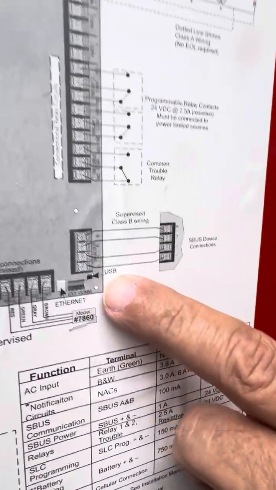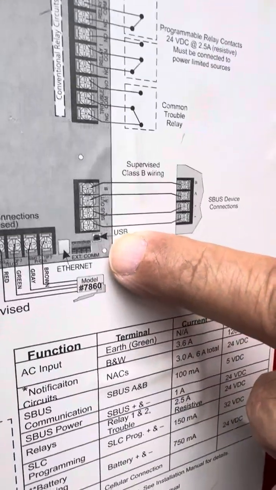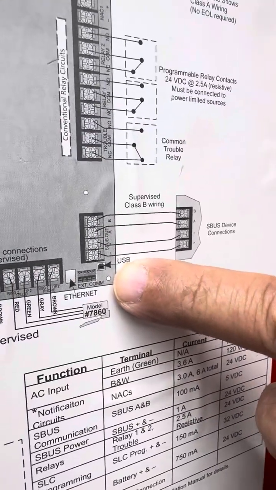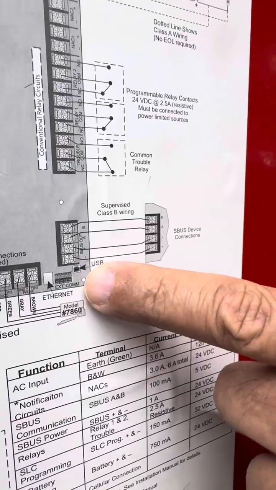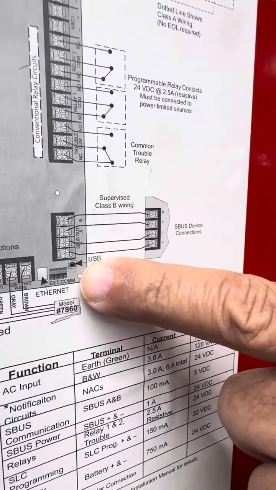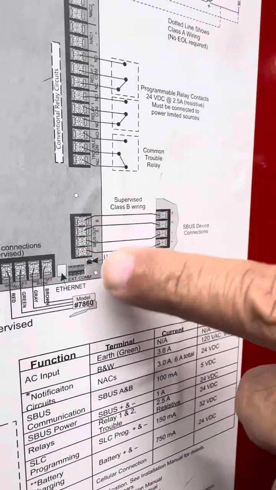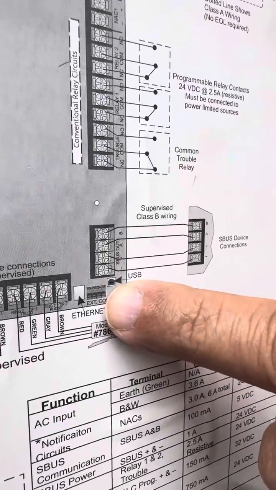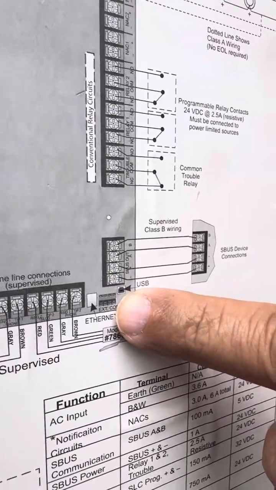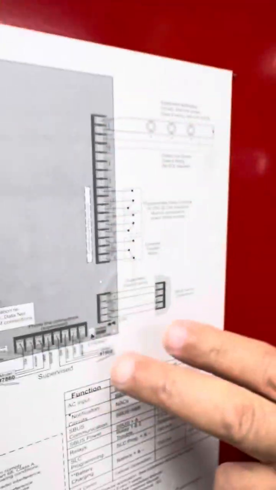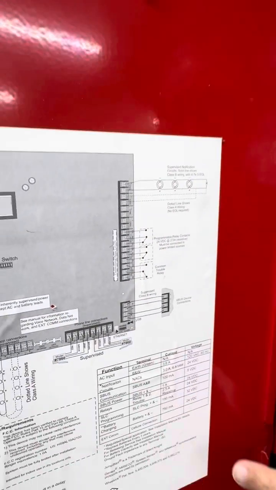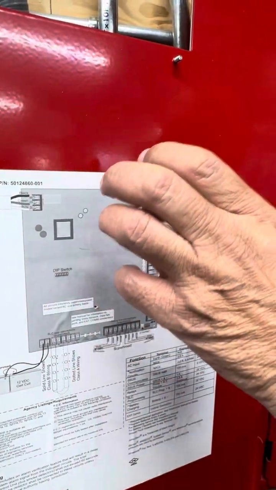And we have the USB. This is an interface to connect a computer locally. I use a USB cable, a USB 3.0, and with the proper software installed on a PC, Windows 10 or Windows 11, I will be able to program, reprogram, or control